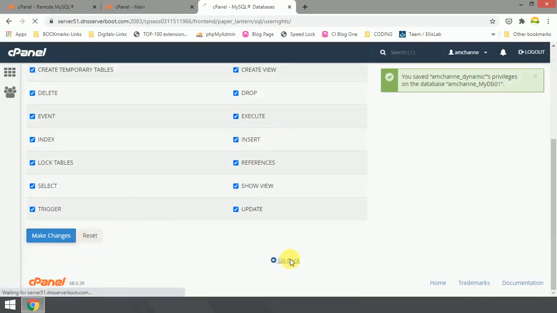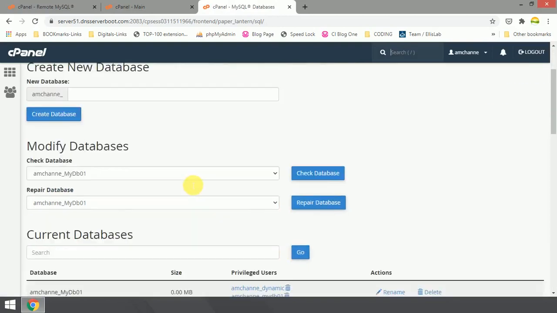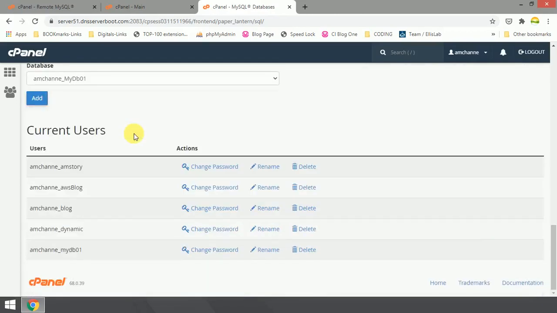Again I will go back. Now if you want, you can delete your databases from here itself. Here I can see currently I have two users for this database. Both of the user details can be used for this database to be connected from my website. I may remove a single username, or I may remove both of these assigned database and usernames from here itself, or I can remove my user from here itself.